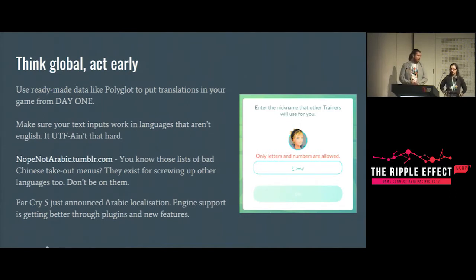And just be wary when you're doing things with stuff like Arabic that's not read the same direction that we read, that often, depending on the settings on your computer, when you're copying and pasting that, it can flip it. So just make sure that you have an original and you keep that original and you check it on the final, because somewhere along the line things may have actually been flipped back and forth, and you don't want to end up on nope-not-arabic.tumblr.com. Yeah, it is a great site and you should look that up. Even then, using these things, have someone check it at the end, because it may not be correct in the usage that you're using it.